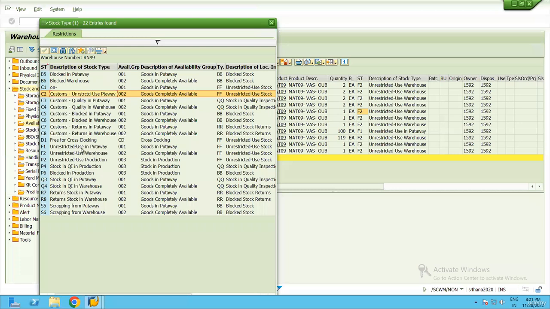F1 is unrestricted use in put away. This stock generally lies in the GR zone. When the stock is in the GR zone, the stock type will be F1. When the stock is placed into its final bin, or when the put away is completed for the inbound delivery, the stock will be in F2. If you have any dedicated storage type for scrapping, you maintain this stock type for that